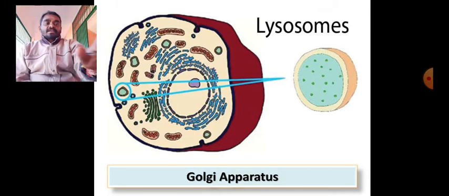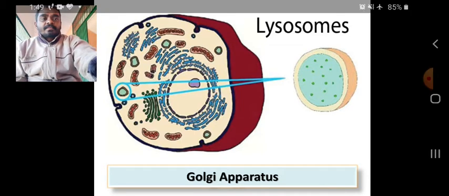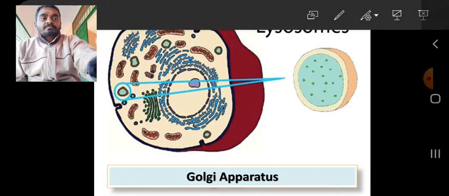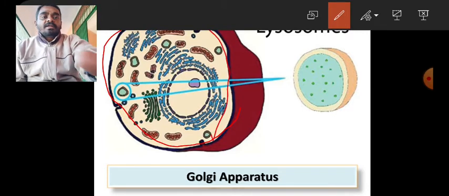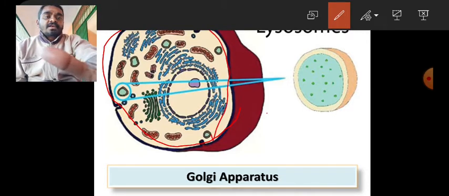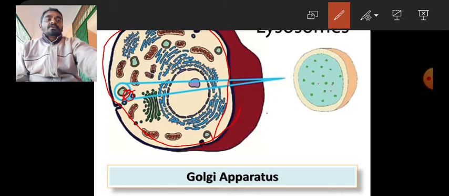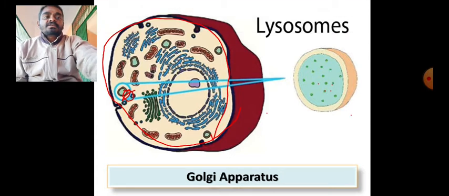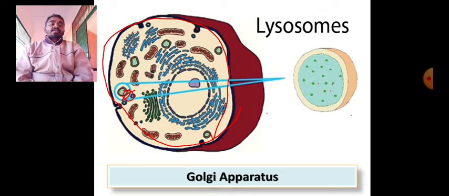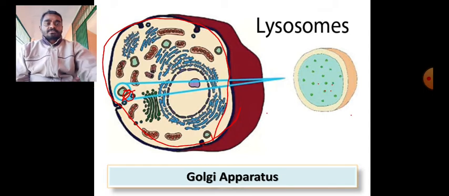Now the right side you look at, this is the diagram of an animal cell, the complete structure, and in that animal cell one particular portion is enlarged and shown, and this is called lysosome. Sorry, here the name is wrongly given. It's not Golgi apparatus, it is lysosome. Okay, downside the name is wrongly given. It's a manual error from our end, but at the top it is clearly given lysosome. That is correct.